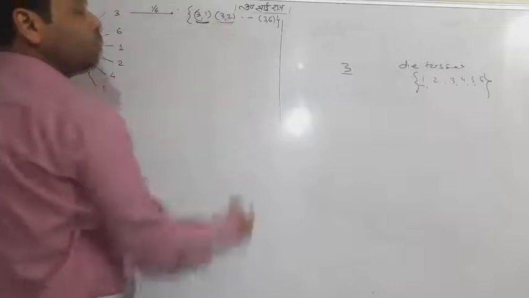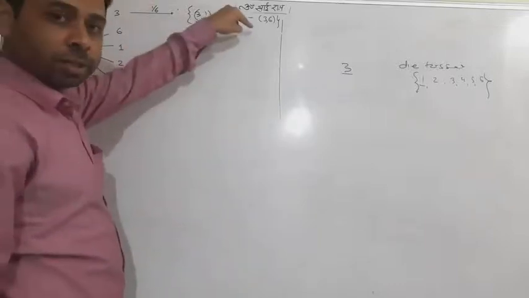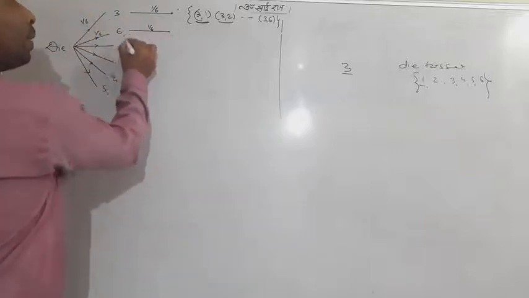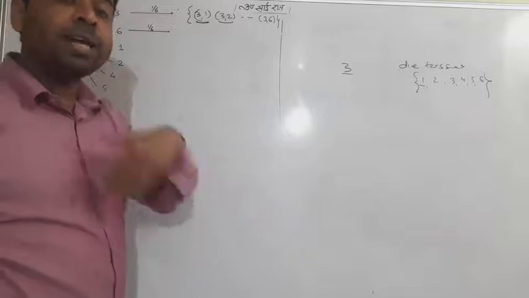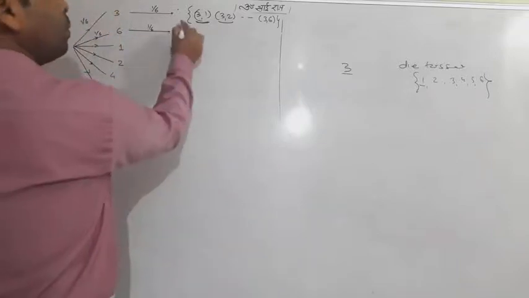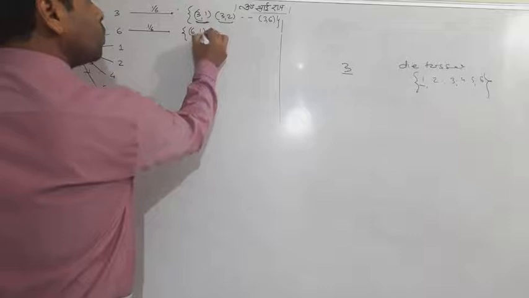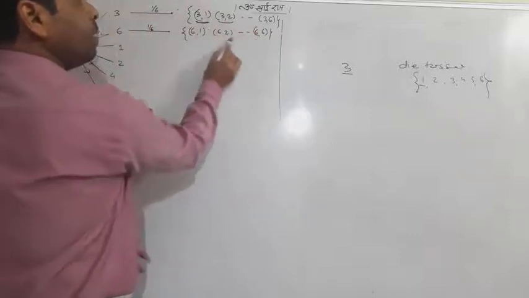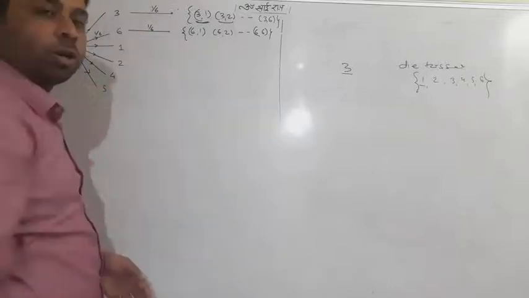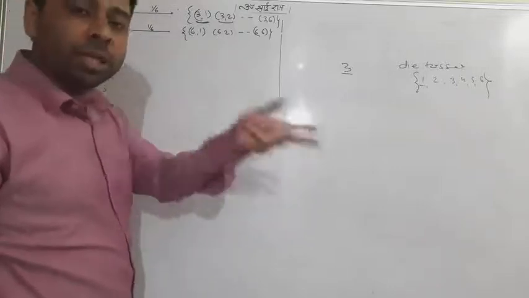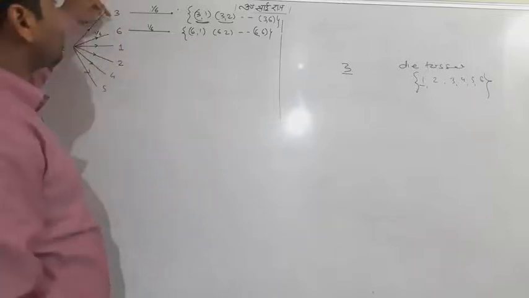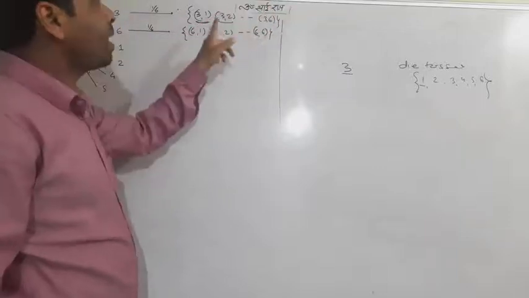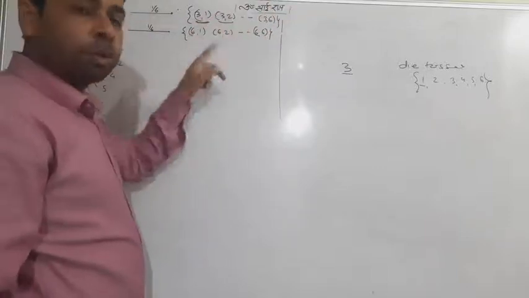The probability of 3 2s again is 1 by 6 into 1 by 6 equal to 1 by 36, and the same till the end. Look further. When 6 comes up on a die, the die will be tossed again. So again the probability will be 1 by 6 and the elements will be 6 1, 6 2 till 6 6. So we have these elements after getting a multiple of 3, meaning either 3 or 6. Whenever 3 or 6 is obtained, a die will be tossed and these elements will be obtained, and the probability of each one will be 1 by 36.